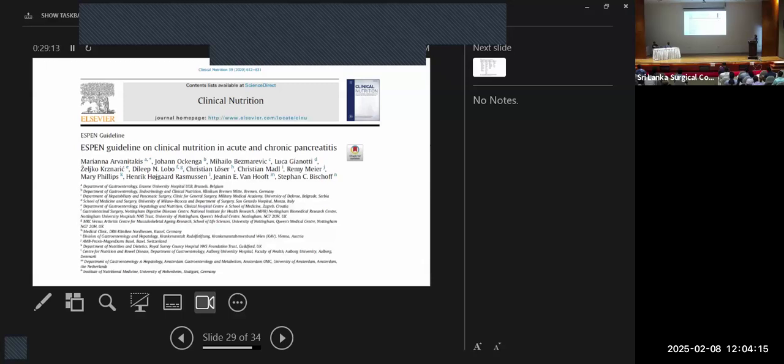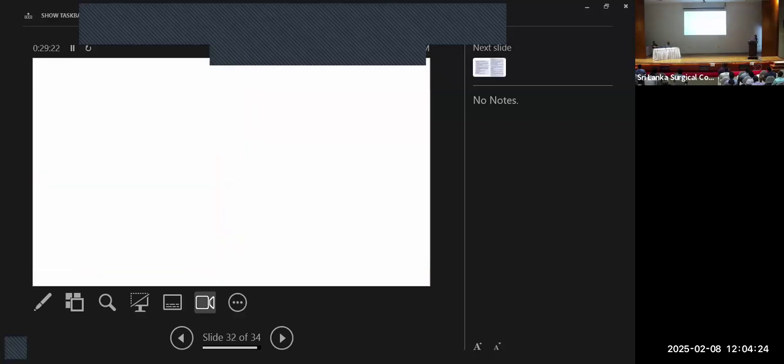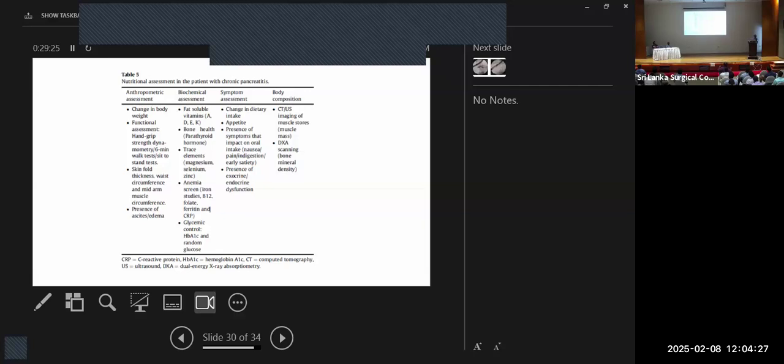Nutritional assessment in chronic pancreatitis is very neglected. It doesn't stop just at doing a full blood count, a serum albumin level, and starting them on nutritional interventions, right? So this is the set guideline from the ESPEN. These people need DXA scanning to check for bone density, not just the X-rays that you were talking about, right? We need to check